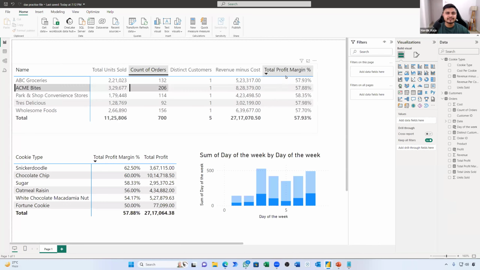Now, I think this is one of the most important things, that as an organization in service, logistics, manufacturing, e-commerce, or whatever the case is, you should know your profit margins. What is the profit margin you are having on a customer basis? What is the profit margin you are having on a cookie? Or in your case, your products, right? Your customers, whatever the case.